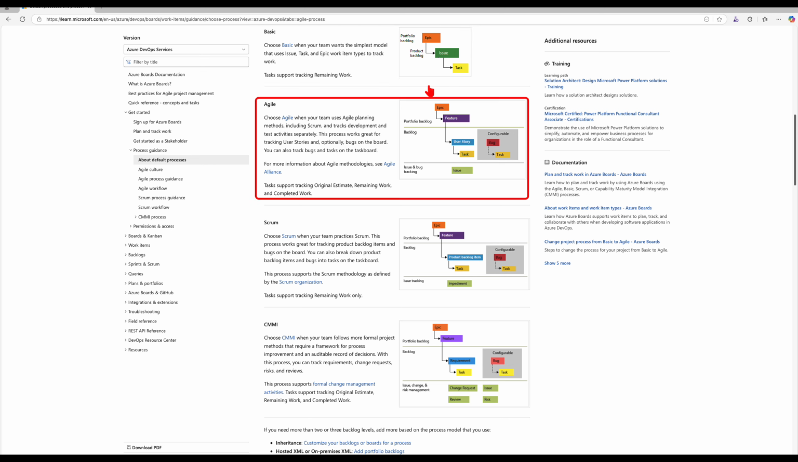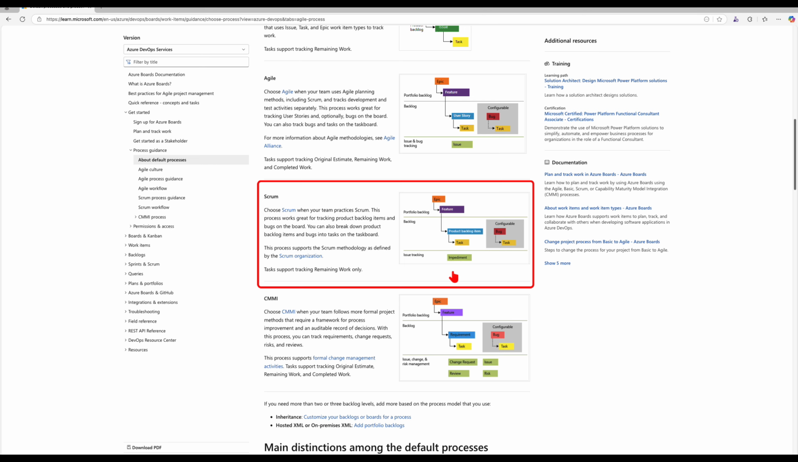Now, the Agile process is designed for iterative and user-focused development. It includes, you can see here, the epic, the feature, and so forth, because the user story is default to only the Agile process. So as we move from the Agile process down to what's called the Scrum process, it includes an epic, a feature, and not a user story, but a product backlog item. It's great for teams that are practicing those strict Scrum rituals, such as the daily Scrum, backlog planning, sprint reviews,